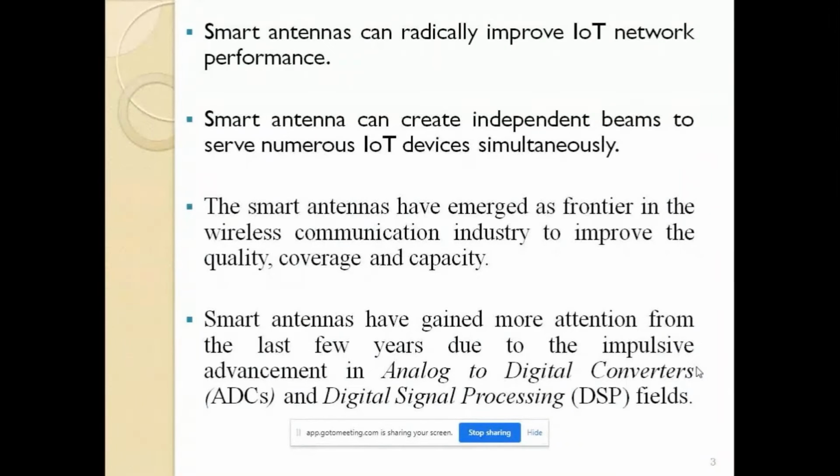So we know that Internet of Things is a platform to which many devices can be connected over the internet. But in communication, especially when the Internet of Things is being deployed for 4G LTE and the next generation, 5G mobile, the intensive smartness is coming through the Internet of Things. So we need to understand what smart antennas are and how they are used, especially for the